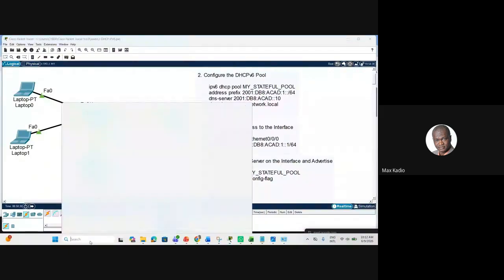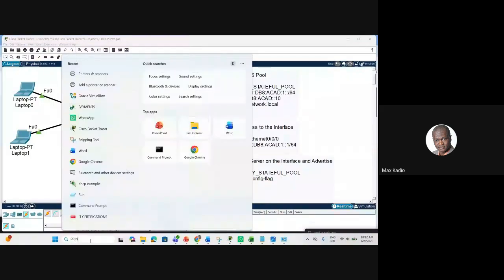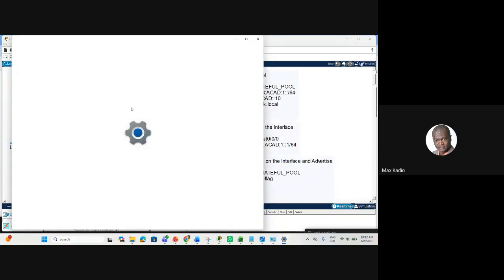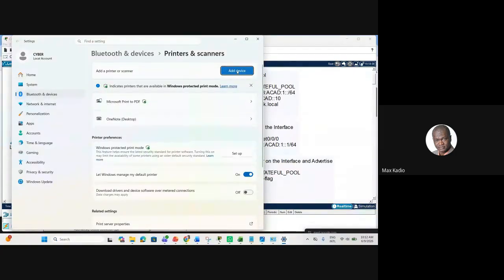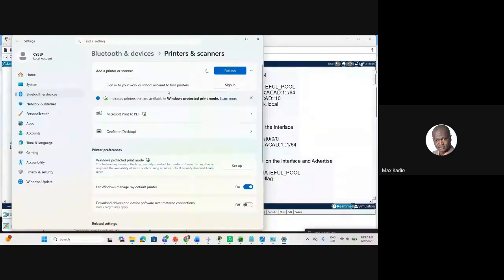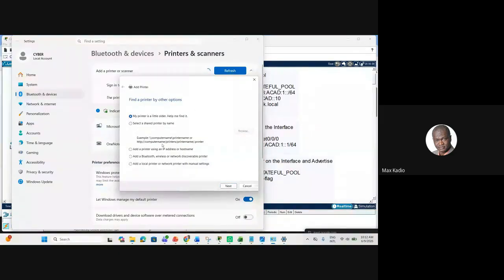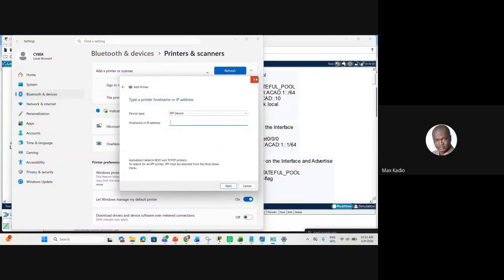You come down here, you tap a printer, print a scanner, you click on it, then you click on add printer, then it will display it. If it's an HP printer, it will show HP printer. If it's a Canon, it will show. If it doesn't display, you can add manually. You can add an IP address. If it's a network printer, you can add the network printer. I'll send you a video for that.